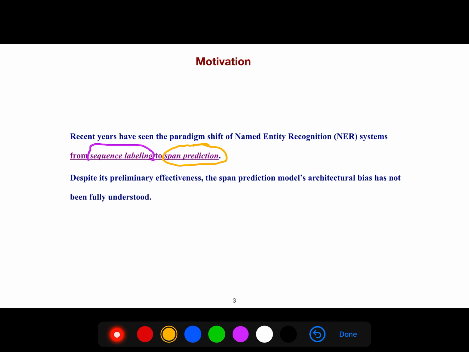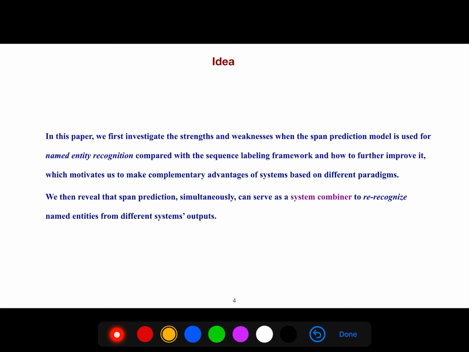Despite its preliminary effectiveness, the span prediction models have not been fully understood. Although this is a very good paradigm that many researchers are working on recently, it has its own problems as well that we should discover and get mature.